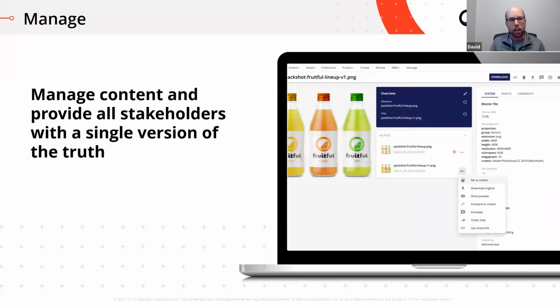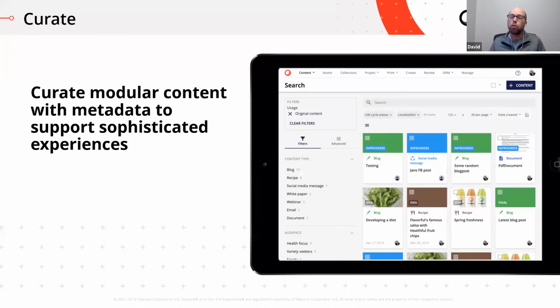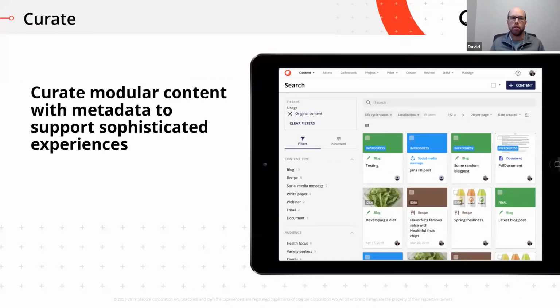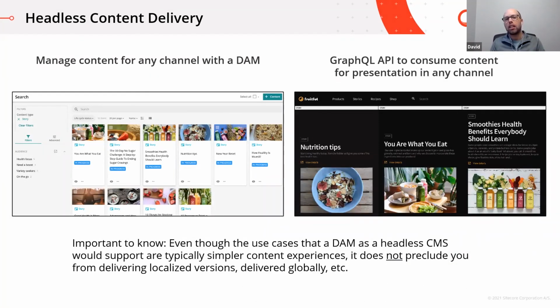Then you can start managing and curating that content by creating those modular pieces, right? So I have my final asset here. Now I can start curating it, putting it into the different pieces to support the experience that I'm about to show. And once I have it in my DAM, I can just use those public links on all those assets and publish that out to a web page. What I've used here is an example of a fictitious CPG company that might put blogs and recipes out there, linked into some sort of e-commerce